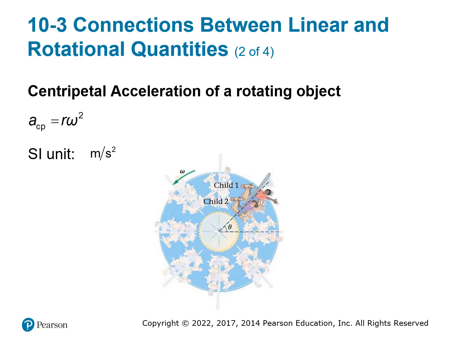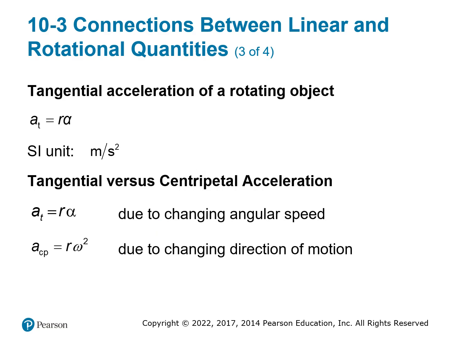You can also find centripetal acceleration. All right, so we talked about centripetal acceleration a little bit when we did circular motion with forces. So you just take your radius, multiply it by your angular velocity squared, and you get your centripetal acceleration that's going to pull towards the middle, towards the center. Tangential acceleration, right, converting back into linear, is the same process. Take the radius, multiply it by your angular acceleration. Then you go back to meters per second squared.